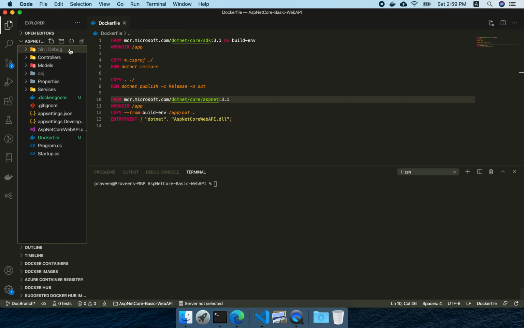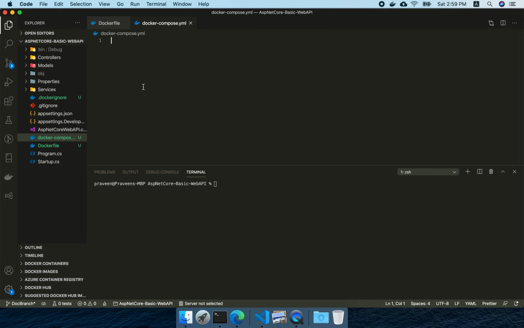For that, we have to create another file called docker-compose.yaml. Once you create it, you have to give the version. As of today 3.4 is the latest, so I will use that. This is the syntax of docker compose.